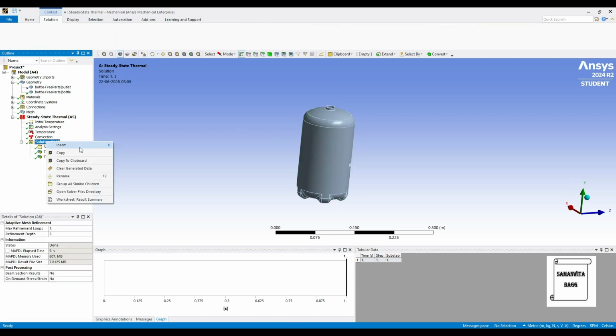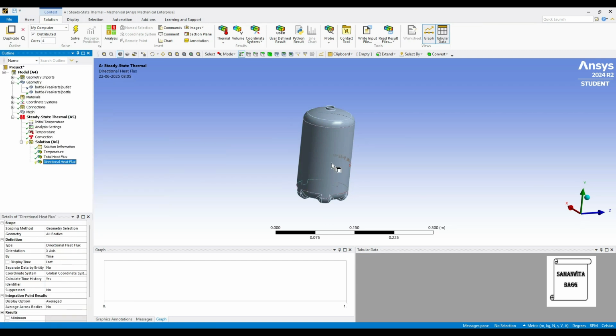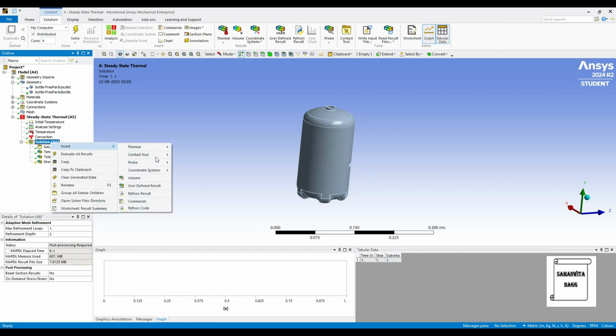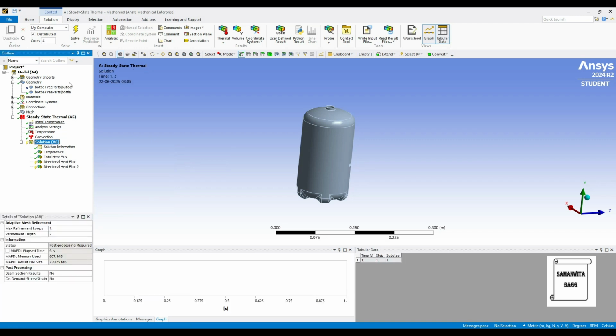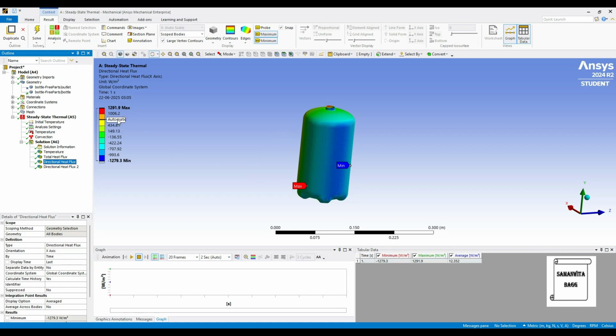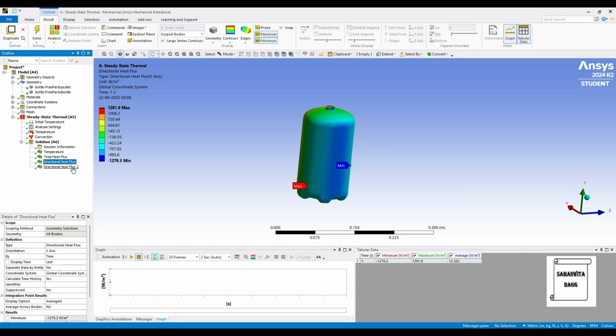So for that you just have to go to solution, insert thermal directional heat flux. Say if I want to see along the x axis. Also if I want to see the directional heat flux along the y-axis, then just choose y over here, go to solution and solve. So you can see this is the directional heat flux. The value has changed. This is along the x-axis. And when you go along the y-axis, also you will get a different value. So the values are different along different directions, and hence the cumulative value is what you get over here in total heat flux. You can calculate along the direction also if at all you need that value.